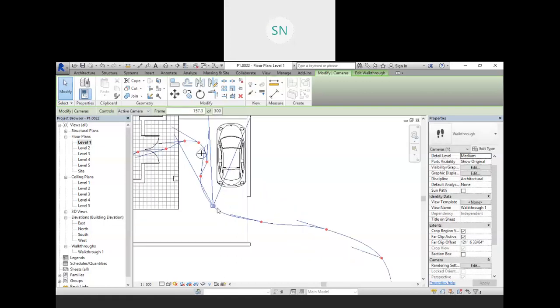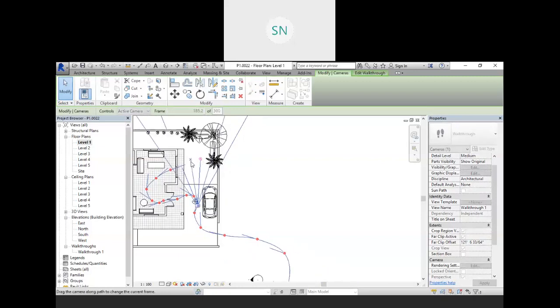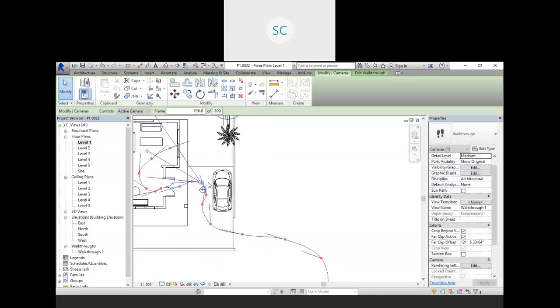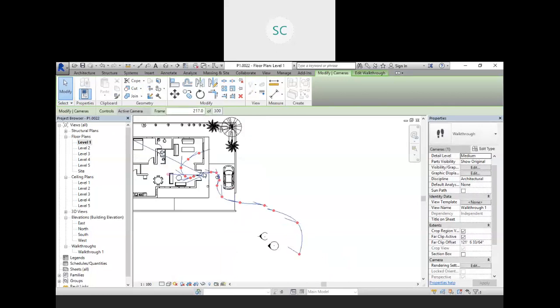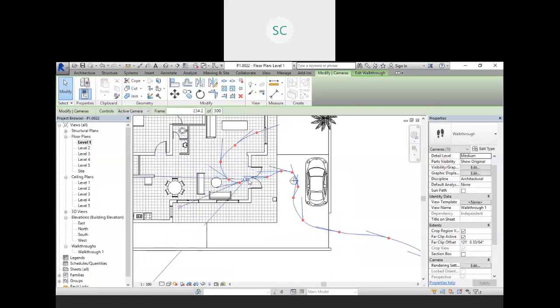Then again taking to the next key point and want to view it again in this direction. Then the next one. Now start your heading in this direction, then this much. Okay, we are fine. Again a little straight. Then when we reach this point our head is fine. Then this point, it is okay.